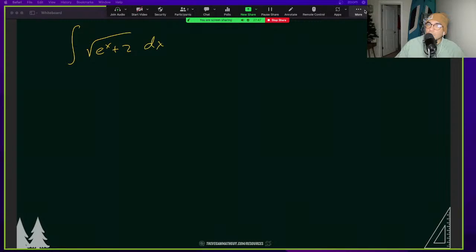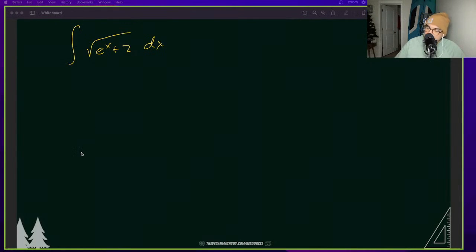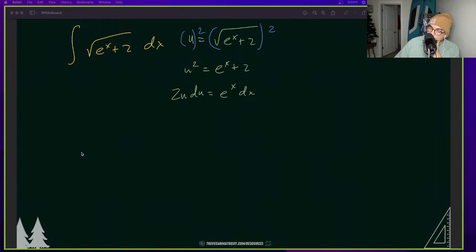Okay, so typically this looks like a u substitution problem, and it is. The only thing is that we're going to make our u equal to that entire square root. That helps me eliminate the square root. And so now we can square both sides to get rid of that square root, and we have u squared is equal to e^x plus 2. And now we can find our du. So 2u du is equal to e^x dx. Let's divide the e^x to the other side, and we're left with 2u du over e^x is equal to